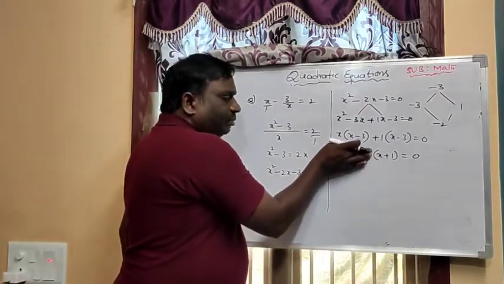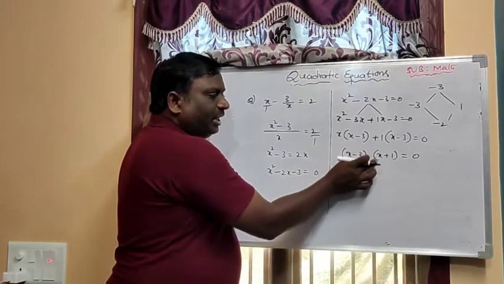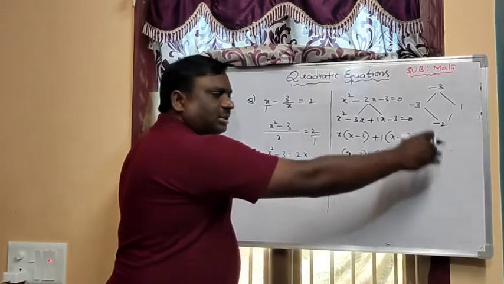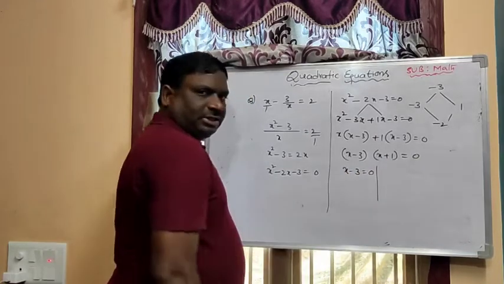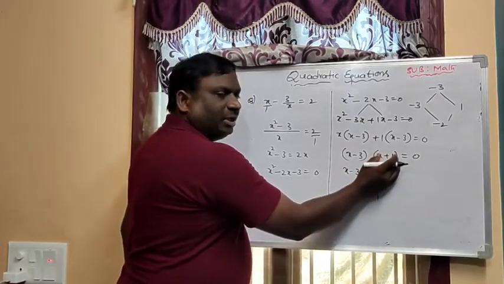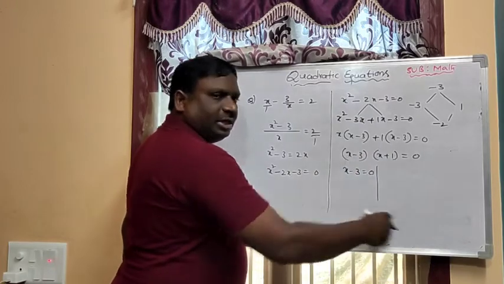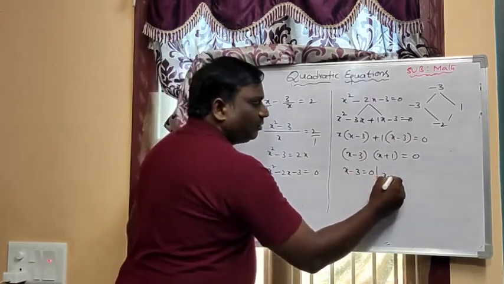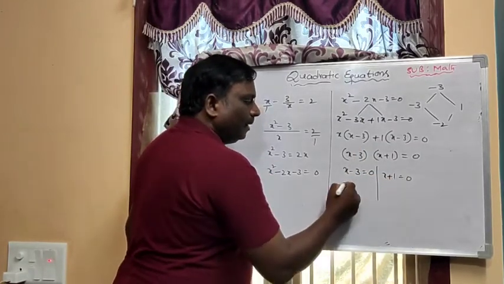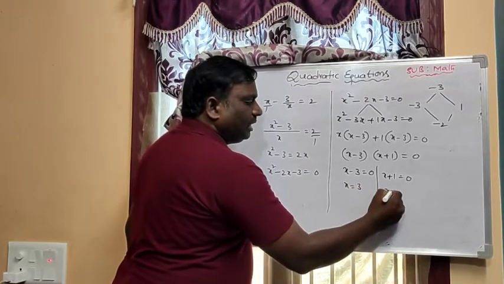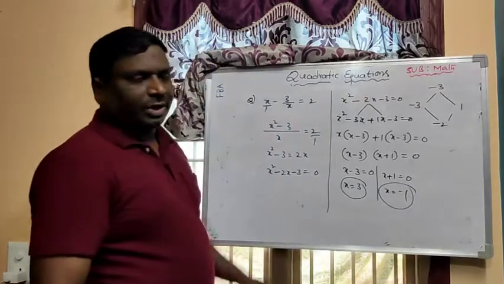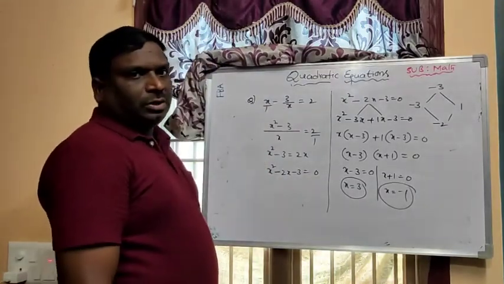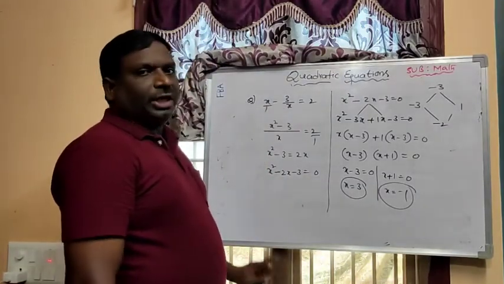So two linear factors, x − 3 and x + 1. If you want to find the x − 3 value, close this one, and here it is multiplying x + 1. If you take it to the other side, 0 by x + 1 is 0, so x − 3 = 0, that is the first case. And if you want to find the x + 1 value, close this one and take x − 3 to the other side, then x + 1 will become 0. So x = 3 and x = −1. These are the solutions of a quadratic equation.